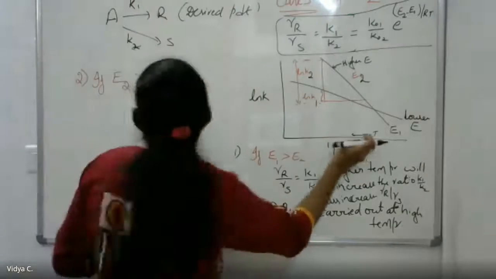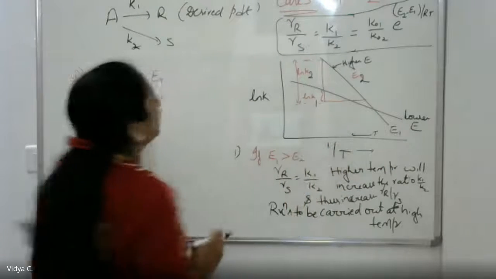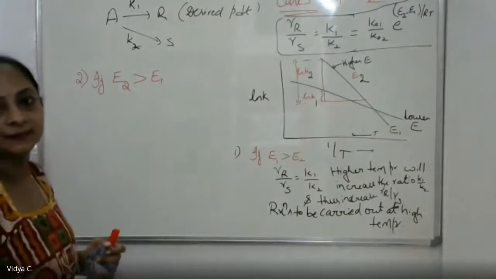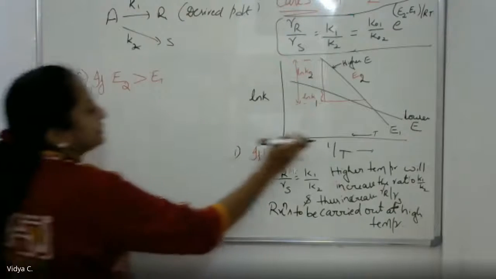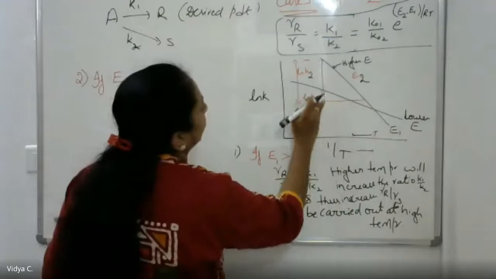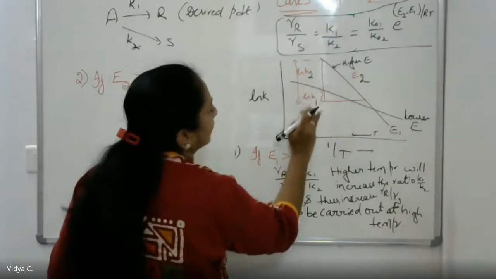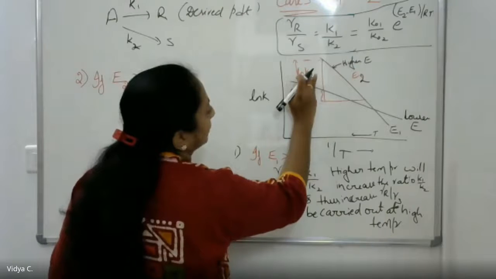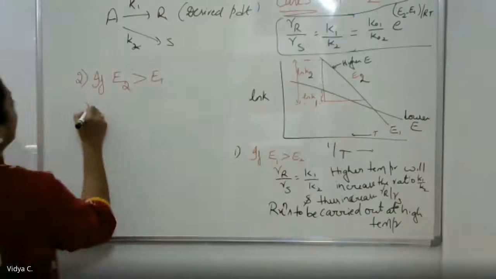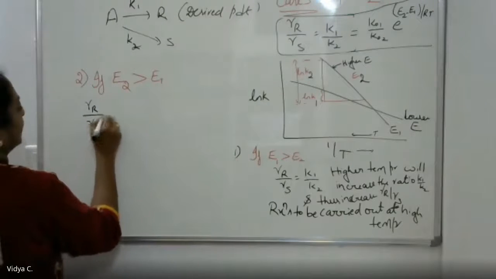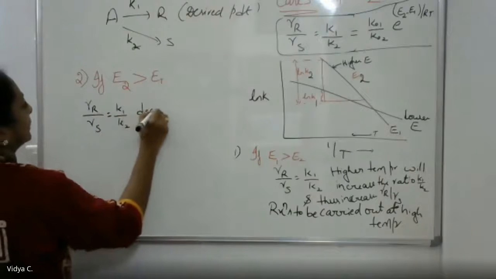So if I increase the temperature now, what happens to the ratio? It decreases. Correct? If I increase the temperature, ln K1 by K2 will be lesser. K1 is lesser than K2, the denominator has a higher value, so this ratio decreases. RR by RS, which is equal to K1 by K2, decreases